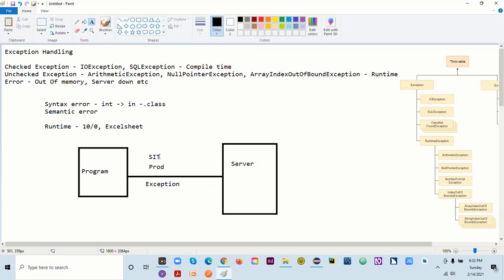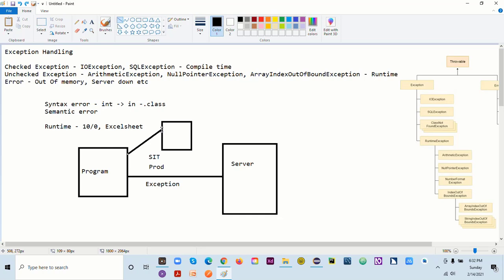To handle this, we will have one more backup here. This is my backup. If my server is not working, I can connect with my backup, and this is what we call exception handling.